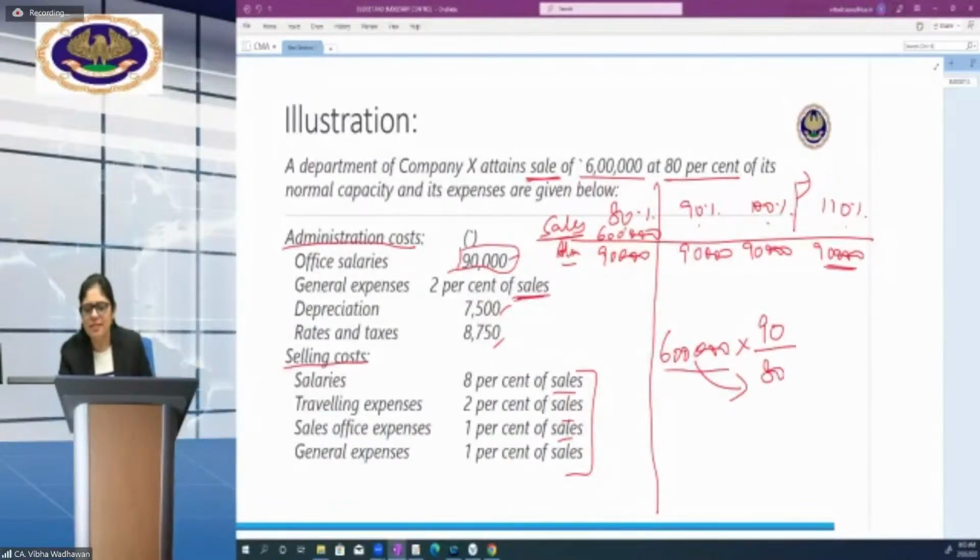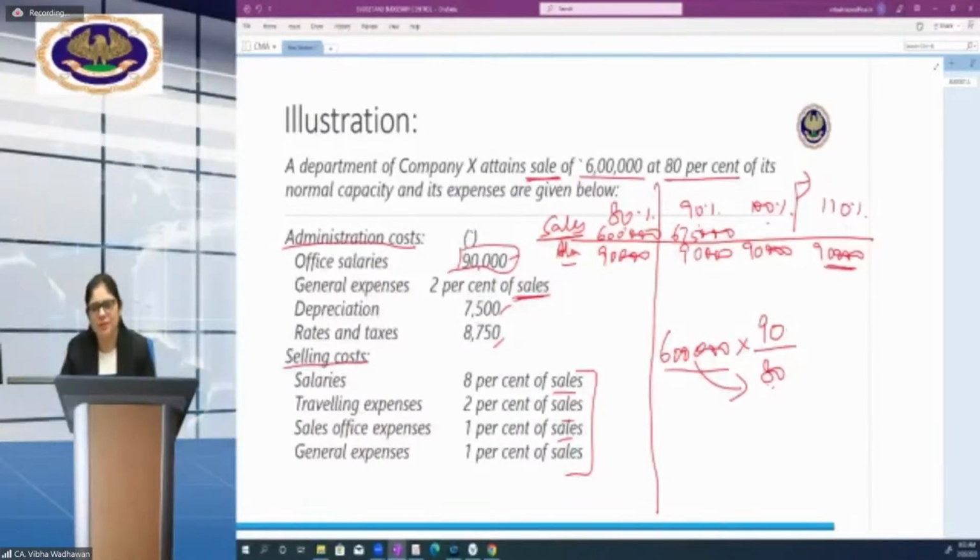Clear? So 6 lakh is for 80. We have to calculate for 90. So 90 will be numerator and 80, the base which you are taking, is for 80%. So 6 lakh into 90 divided by 80 will be 6,75,000. Yeah, 6,75,000. So this is the way I hope most of you will calculate, but those who don't know,